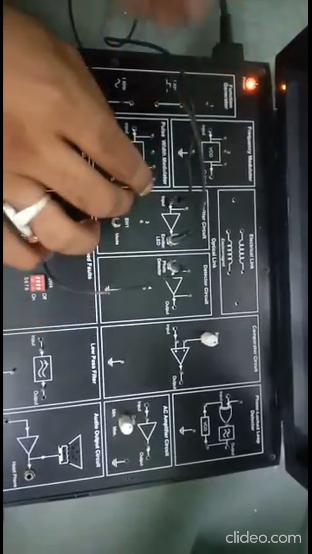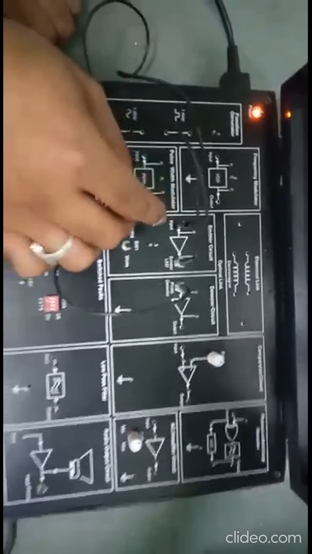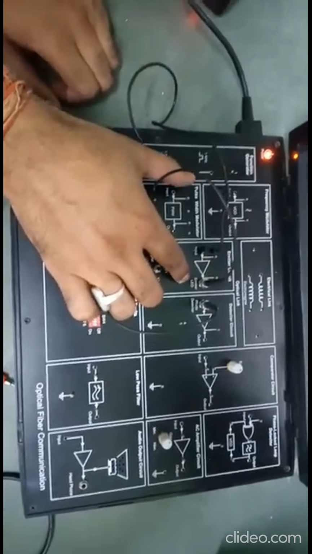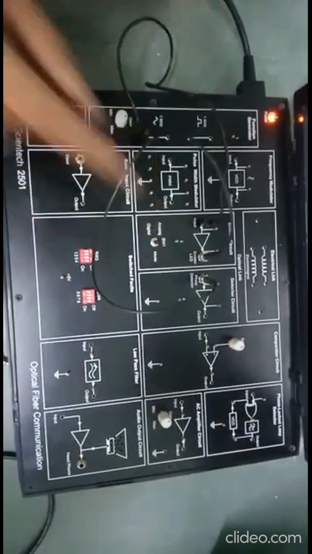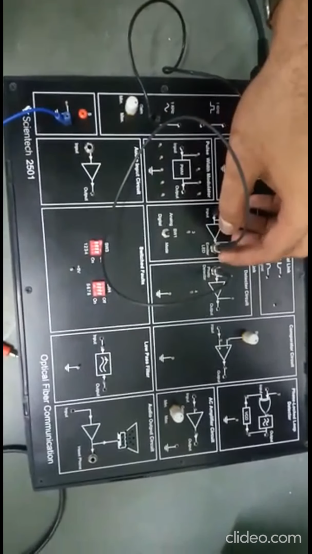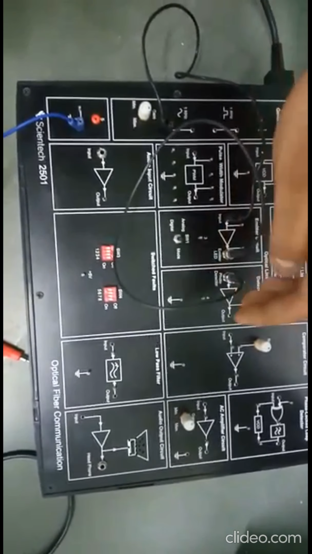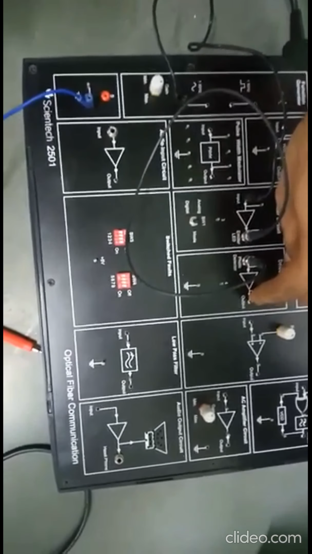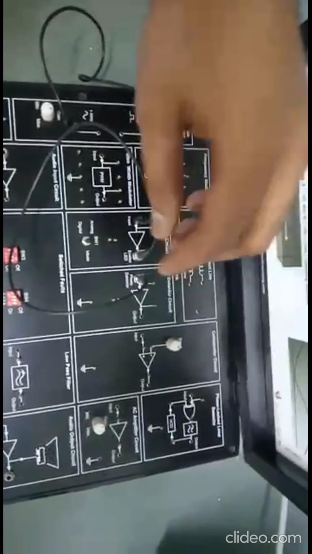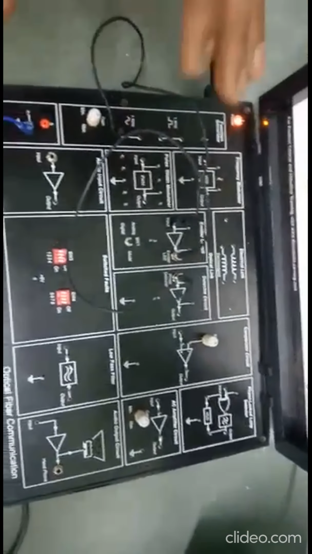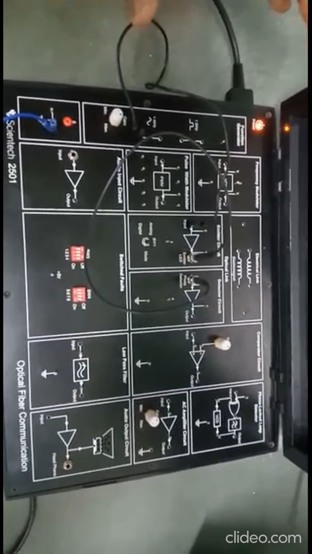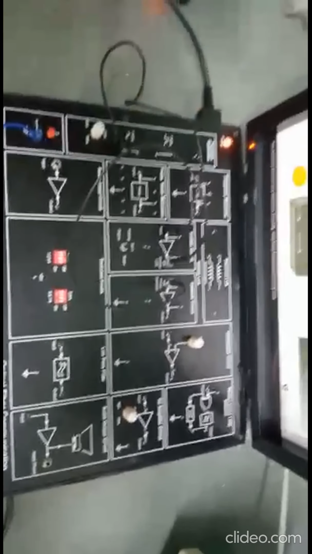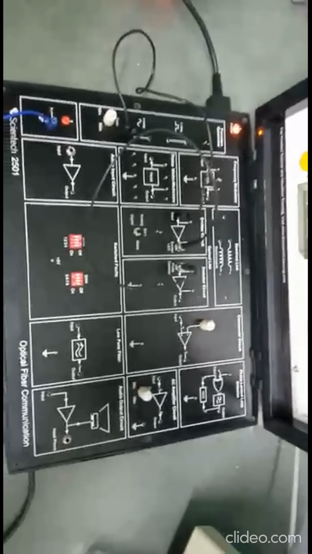As we are aware, in optical fiber communication, an LED is used for conversion to a light signal. The normal signal will be converted into a light signal with the help of the emitter LED, and after that the emitter LED is connected to the photo detector. We will calculate our output in the output section of the photo detector. In this experiment we are transmitting the analog signal, so we will see the loss of the analog signal, meaning what we are transmitting and what we are getting. With the help of the waveform, I am going to show you where we are getting the loss.